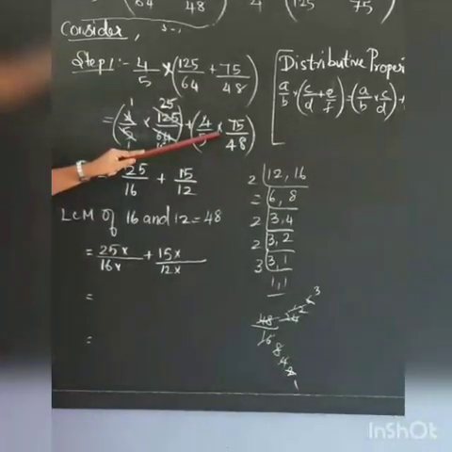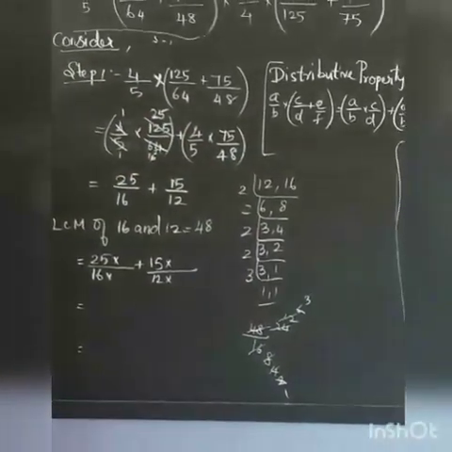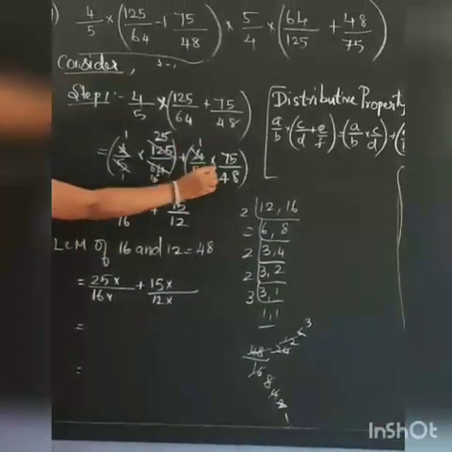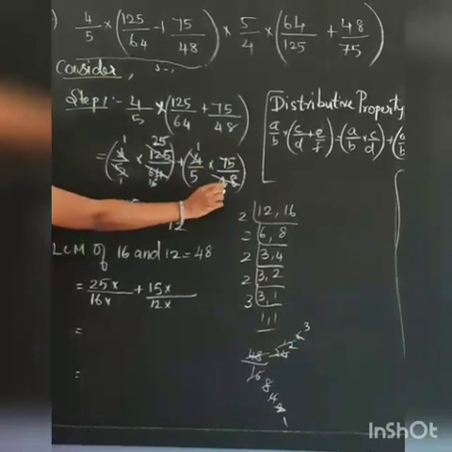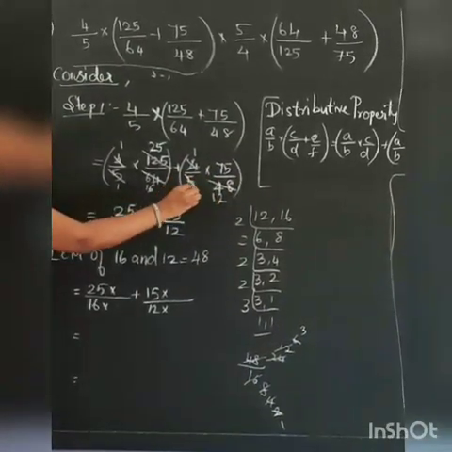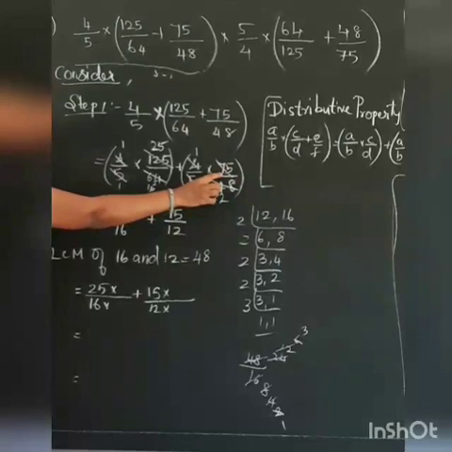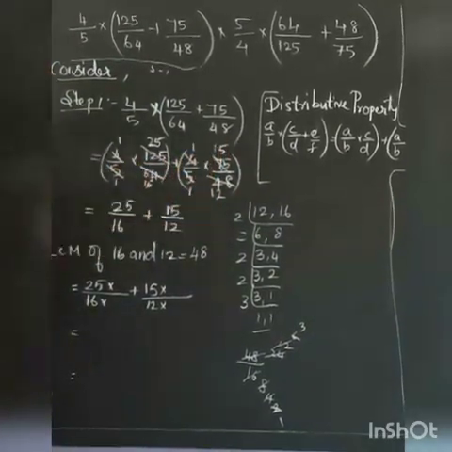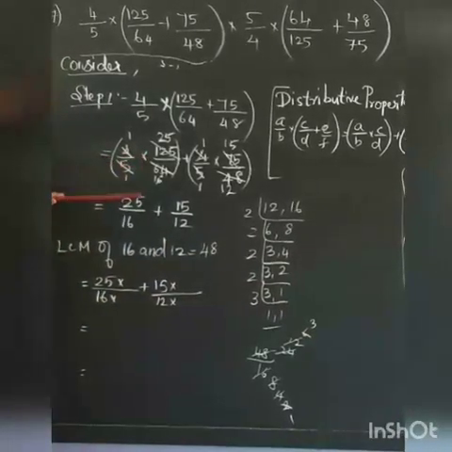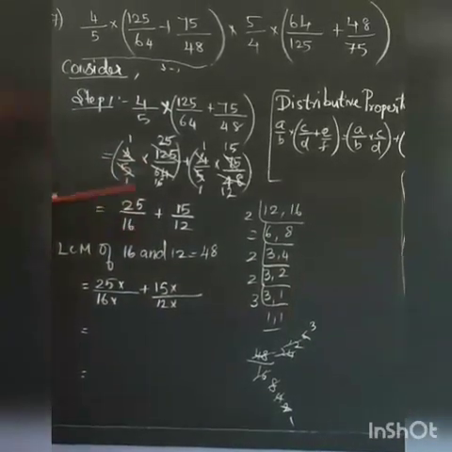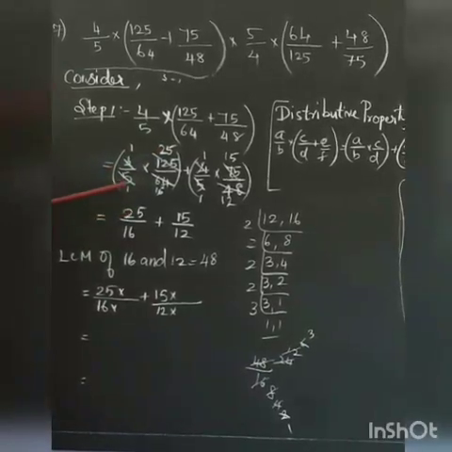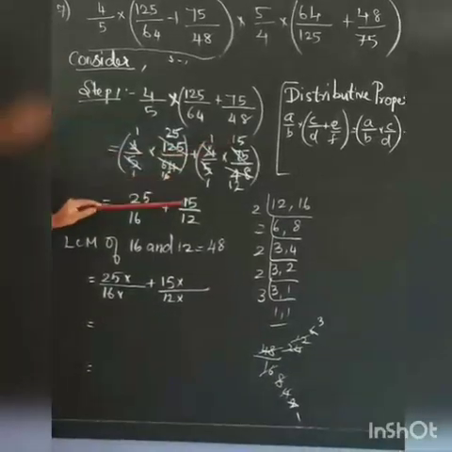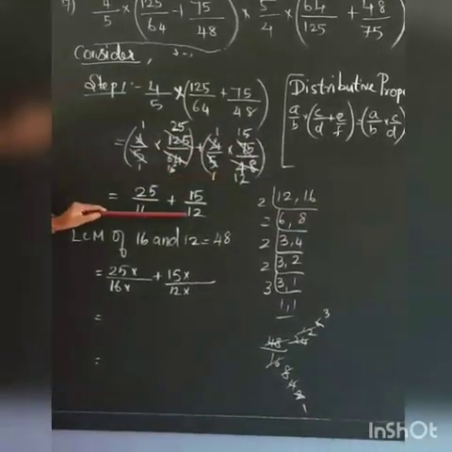Since you have multiplication, we are able to cancel the numerator and the denominator. Okay, same thing. In 4 table, 4 is 1 time. Here 4 table, 4 is 1 time, 48 is 12 times. In 5 table, 5 is 1 time. Here 75 is 15 times, 5 is 1 time. So we simplified the 2 brackets. In the next step, we have to simplify and write the answer. 1 into 25 is 25, by 1 into 16 is 16. In between plus symbol. 1 into 15 is 15, by 1 into 12 is 12.